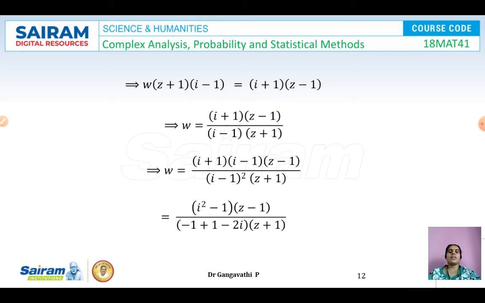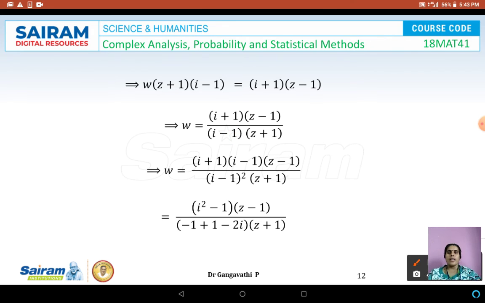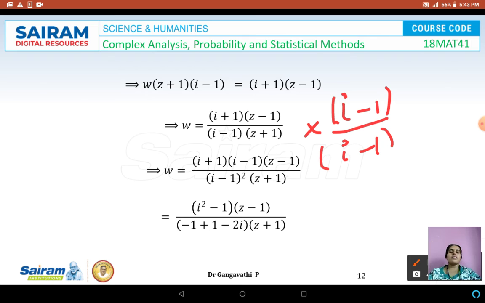So from this we have this term. So simplifying further, w is equal to the LHS term as it is. This term we have transferred towards this side. So multiplying the terms to simplify further, as it is not possible to simplify, what we have done is we have rationalized the denominator. So multiply and divide by i minus 1. So minus i minus 1, we are going to multiply in the numerator and denominator. So here i minus 1 by i minus 1 we have taken for the simplification purpose only, otherwise we will not result in anything.